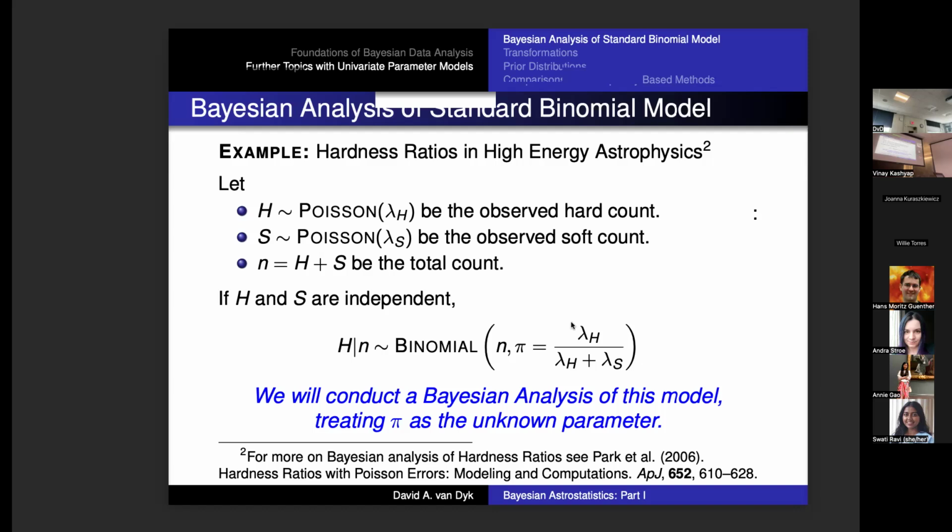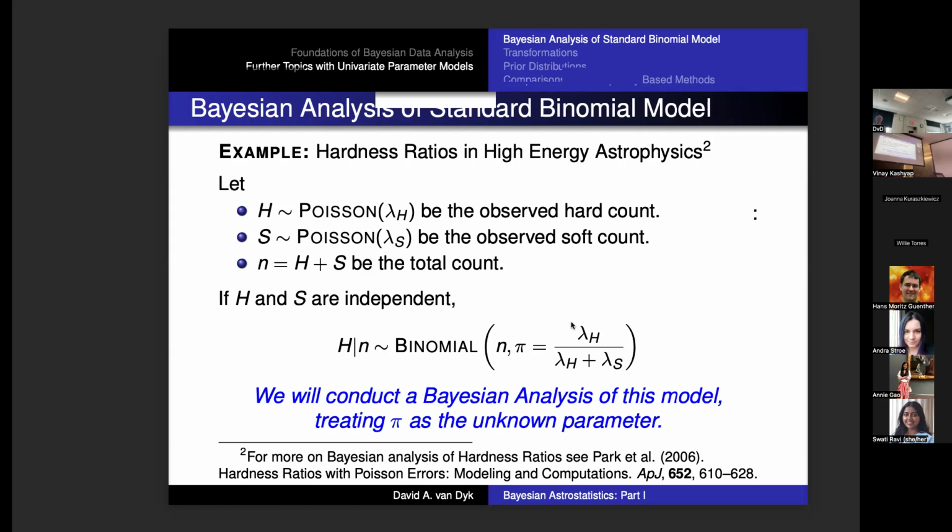So you just have maybe some cut point. I'm going to say capital H is the number of hard counts I observe, and capital S is the number of soft counts I observe. And I'm going to model those both with Poisson distributions. Again, I'm thinking about X-ray data, so that seems sensible. And little n is the total number of counts that I observe. I made it a little n because, although it is random, I'm not going to treat it as random, because I'm not interested in the overall brightness of the source. If I made it a big N and modeled it, it would be good at telling me how bright the source is. But I'm not interested in that. I'm interested in the relative brightness of soft and hard.